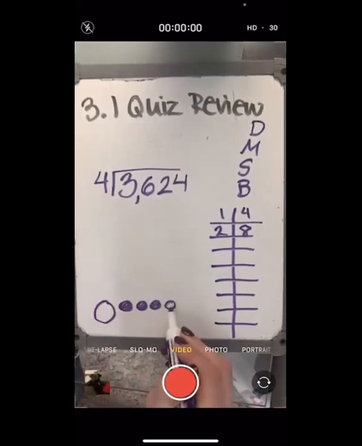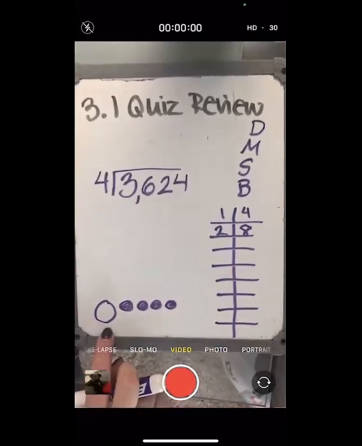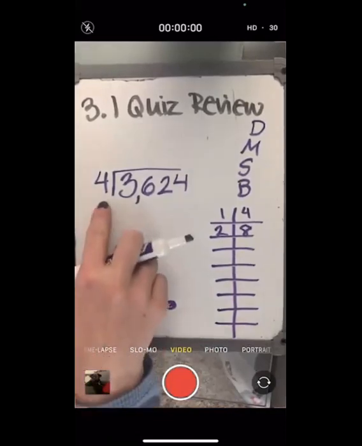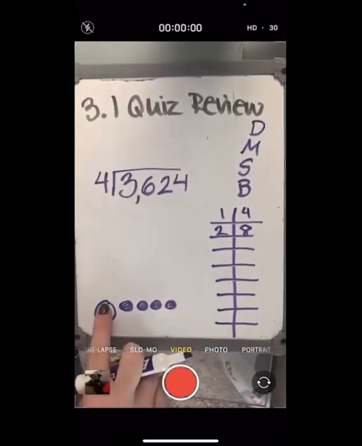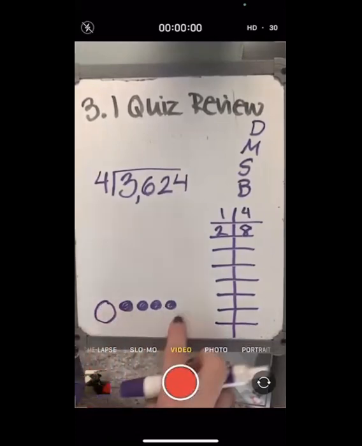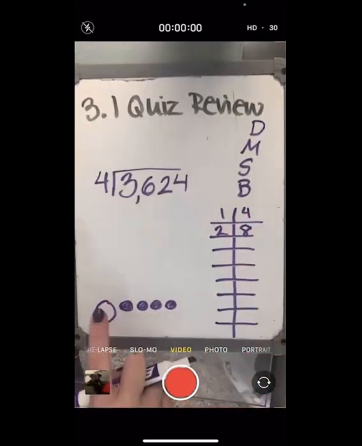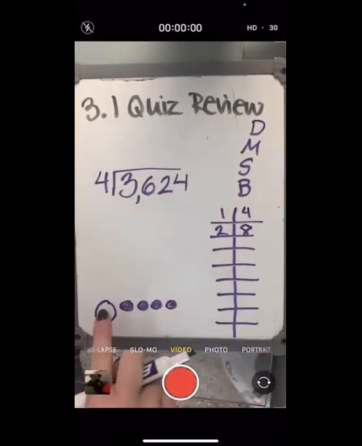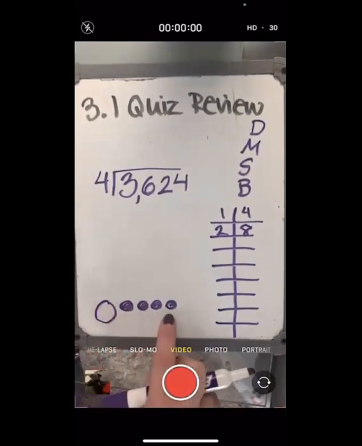But what you can do if you're feeling really stuck is you can always leave an open circle and then the number of dots for whatever you're counting by. In this case, we're counting by 4s. So I always put my finger, I always have to come back to the open circle. So I would say 1, 2, 3, 4, write it down. 4, back to the open circle. 5, 6, 7, 8, write it down. 8, back to the open circle. 9, 10, 11, 12,